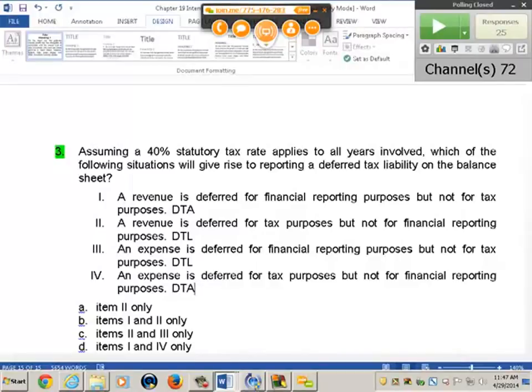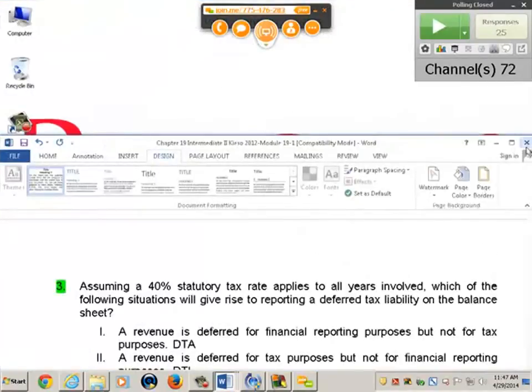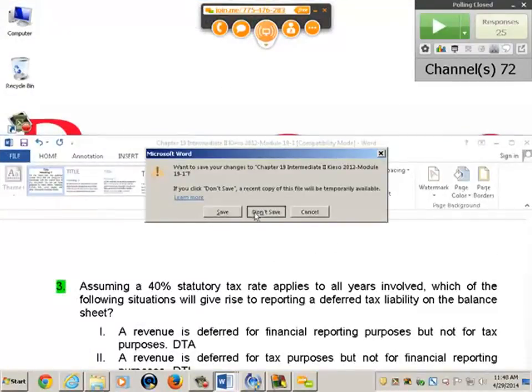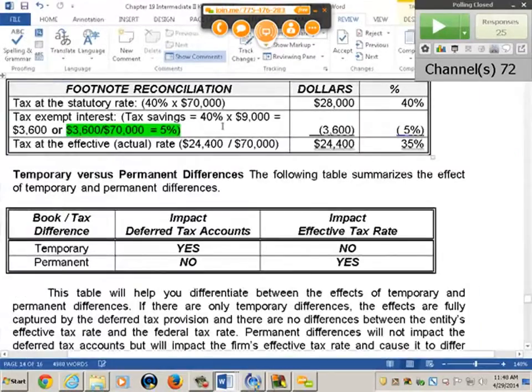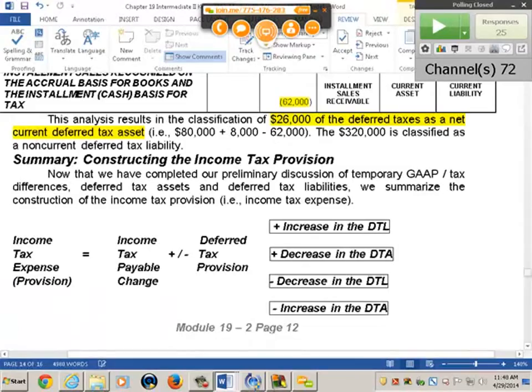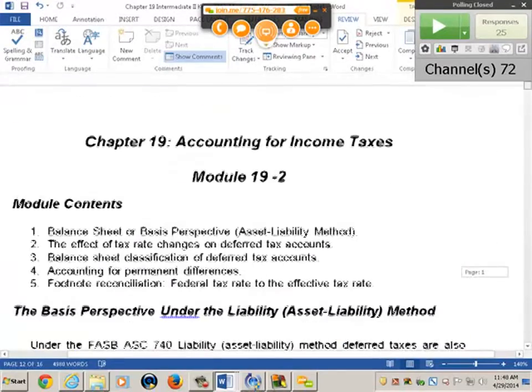Because that was the traditional income statement approach. We're now going to move toward a balance sheet approach, which will actually result in a lot of the same information, but we'll show you a couple of reasons why it's significant and could be different. All right, so let's go to Module 2. Let me get to the first page. All right, so